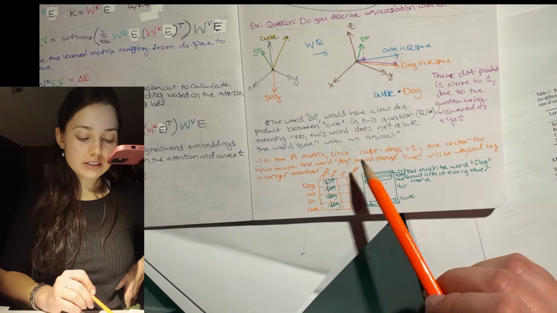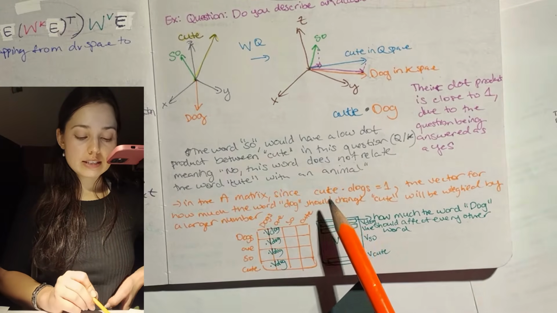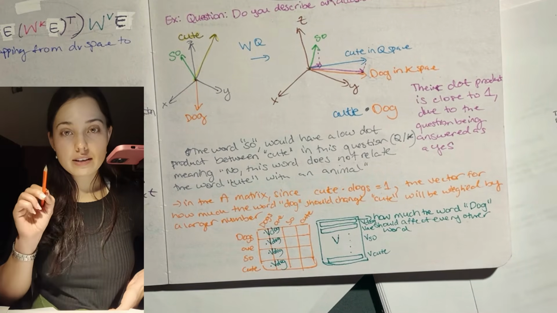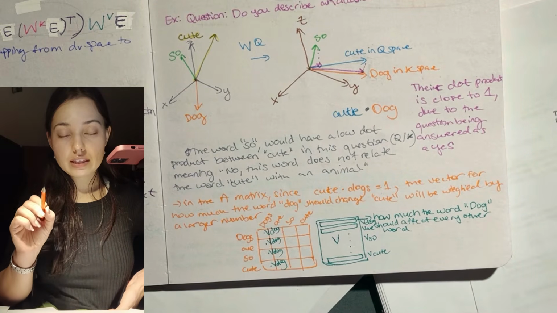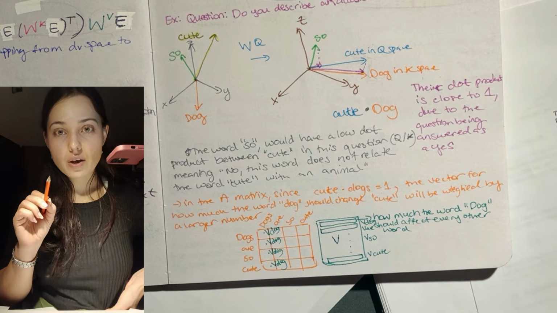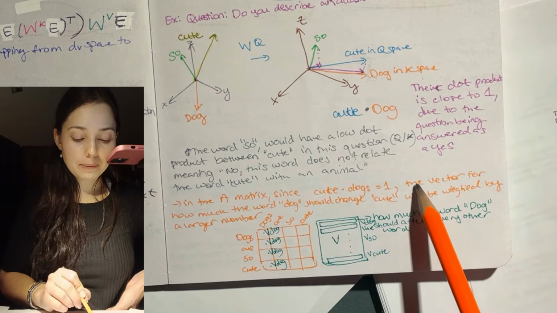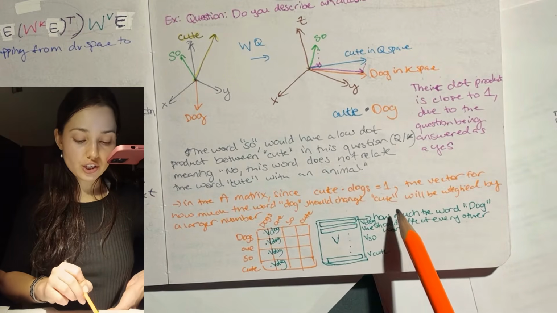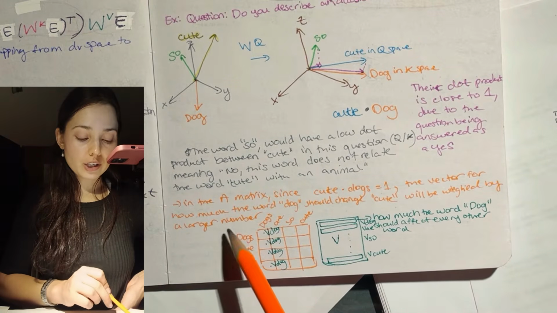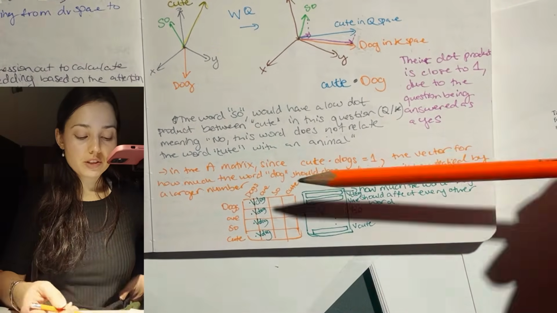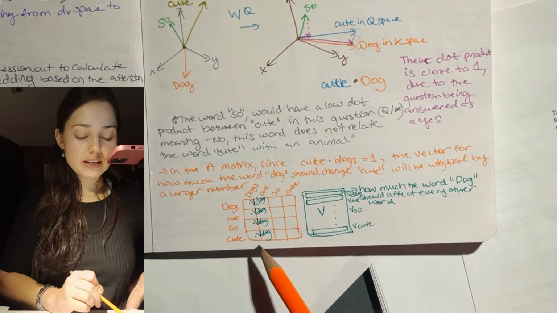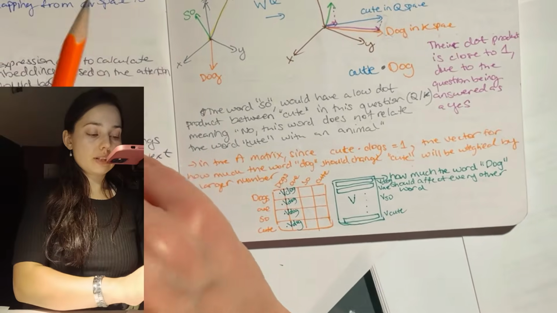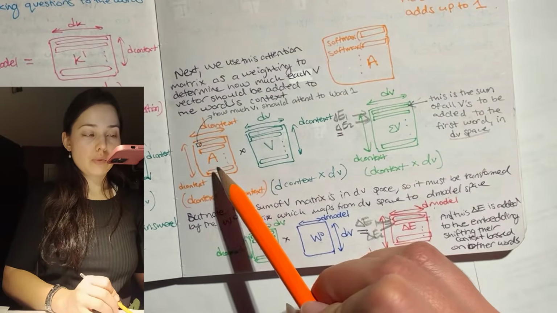In the A matrix, since the dot product between cute and dogs is equal to 1, that means that the query and the key value pair in this case was answered as a yes. The vector for how much the word dog should change, cute, will be weighed by a larger number. So now, after the attention mechanism, what we're really doing at this point in the operation, when we multiply the